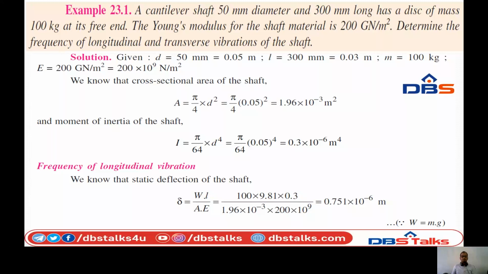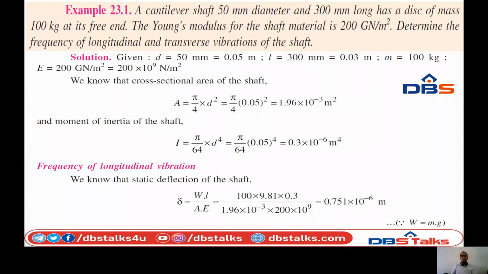Longitudinal and transverse vibrations, both the formulas are the same. What is that? 1 by 2 pi into square root of g by delta. That is the frequency formula. And then one more thing is there: by simplifying the formula, natural frequency Fn is equal to 0.4985 by root